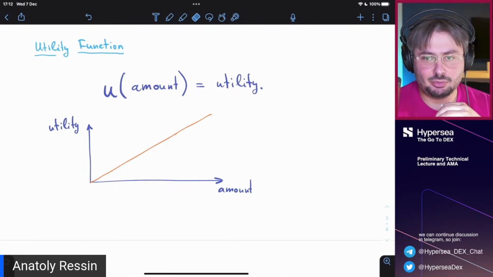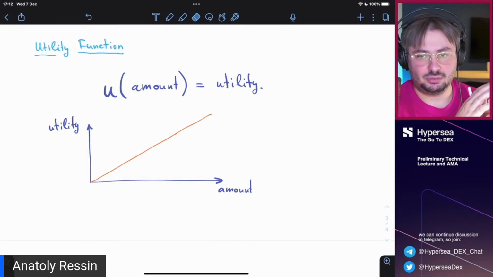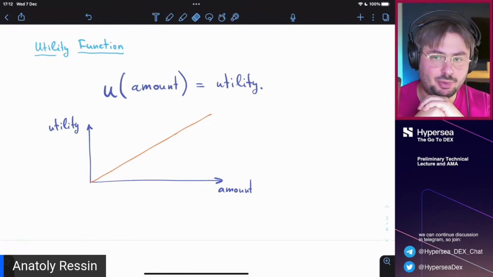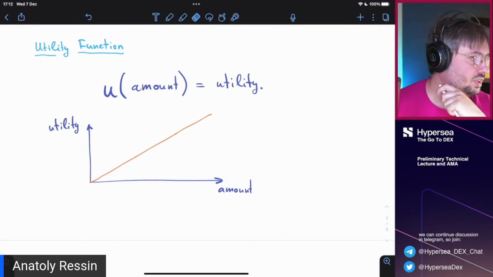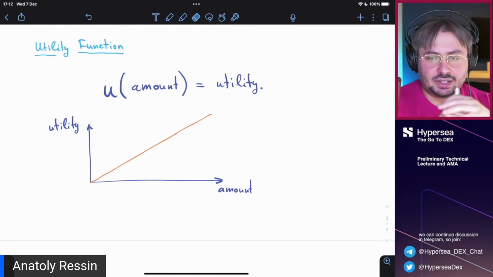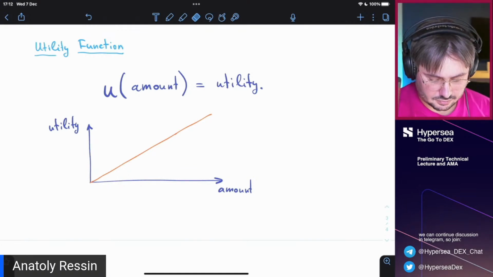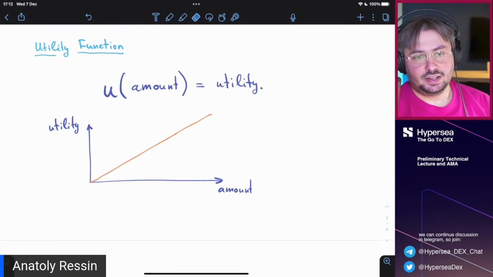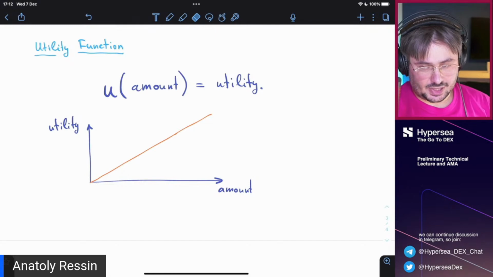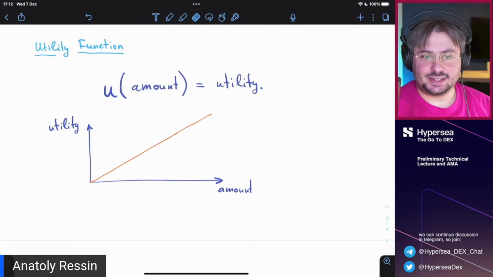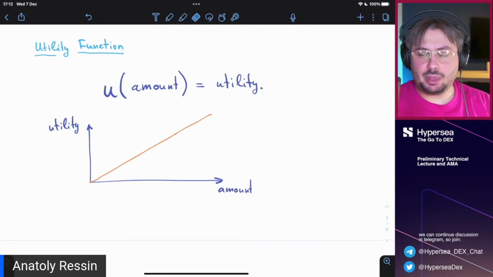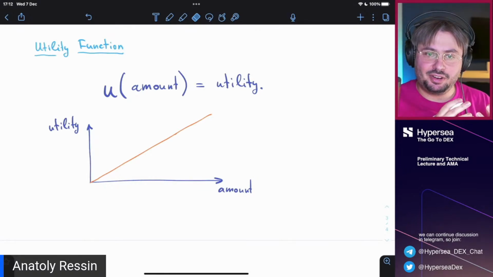And let's say that the more money or more asset we have, if we are talking about the purchasing power of this asset, then just